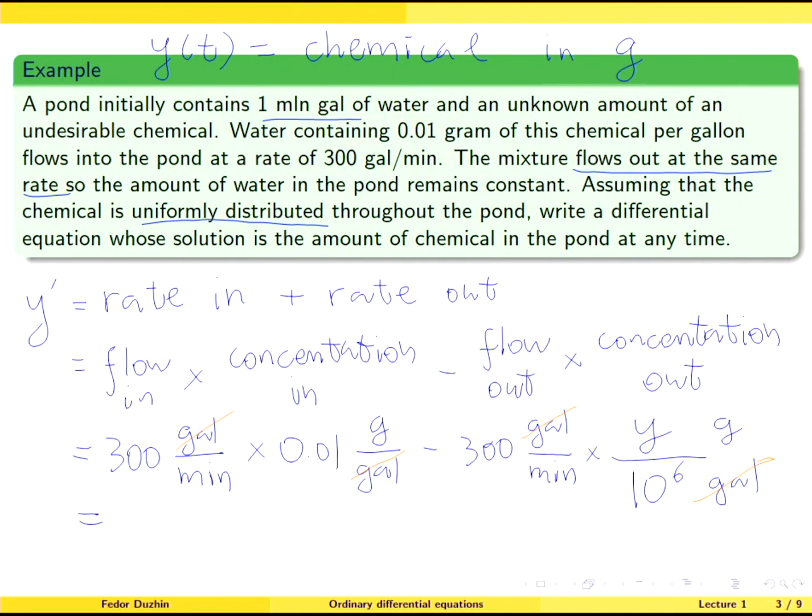Well, and then we just need to write it down. So 300 times 0.01 is 3. Minus 300 times 10 to the minus 6 is 3 times 10 to the minus 4 times y. And this is the answer. So y prime equals 3 minus 3